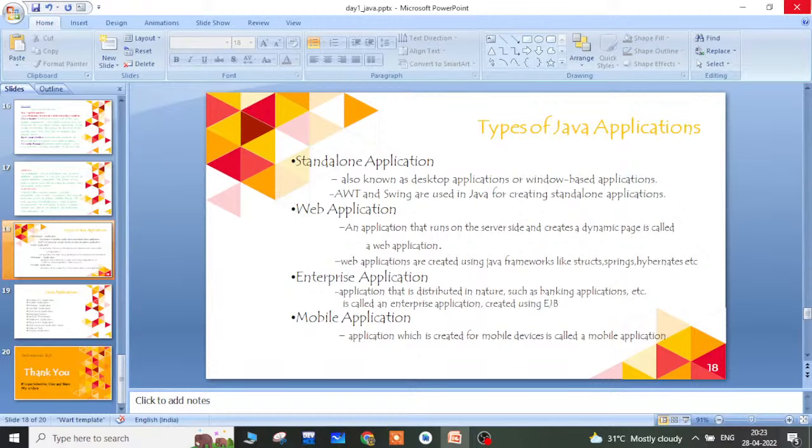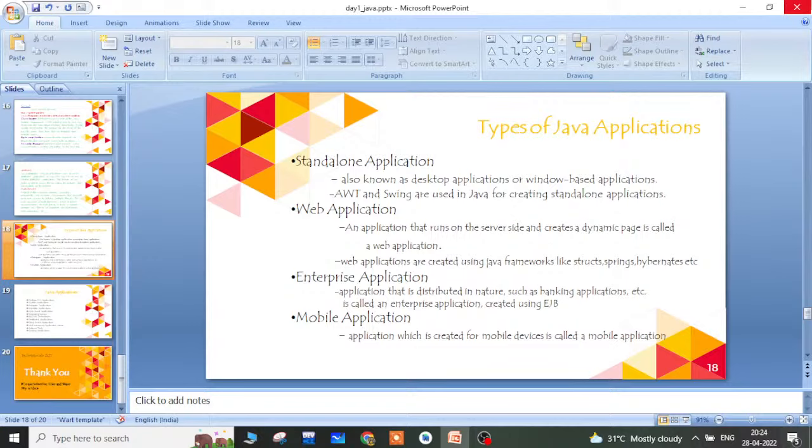You can build one application and place it on a server in a cloud area, and then you can access your web application from anywhere in the world. Once it is put on the server side, any client can access it. These web applications are created by using Java frameworks like Struts, Spring, Hibernate, etc.